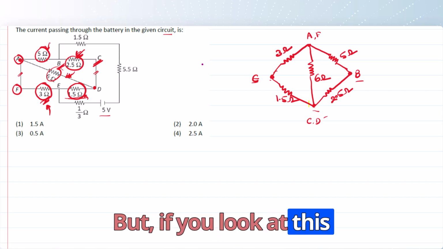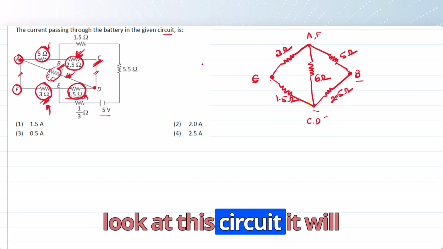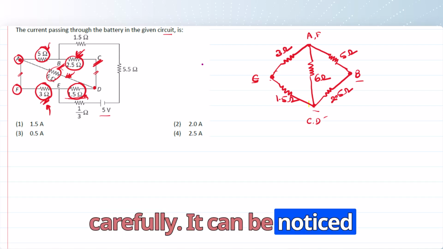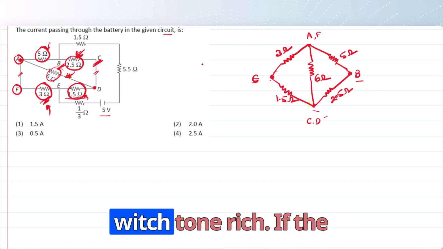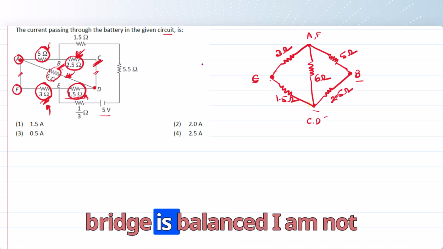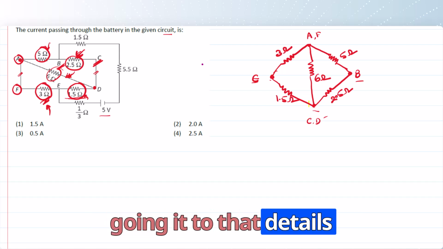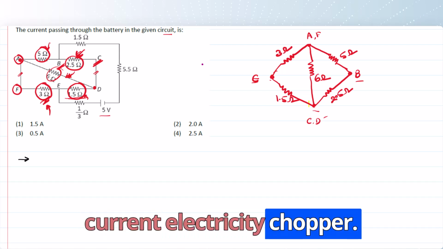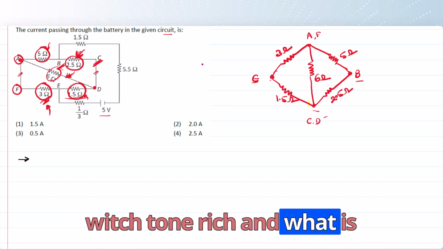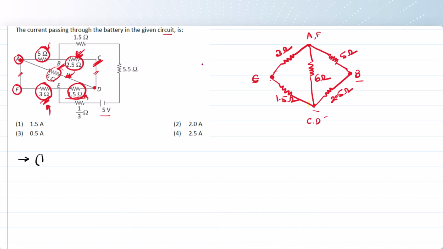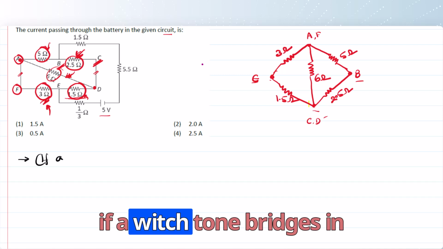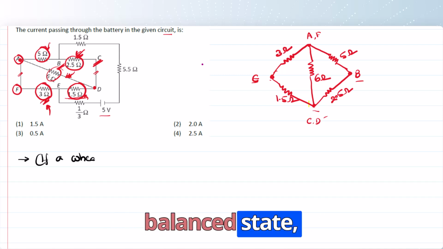But if you look at this circuit right now, a little carefully, it can be noticed that it is in the format of a Wheatstone bridge. I am not going into the details now. Please refer to the current electricity chapter if you don't know what a Wheatstone bridge is and what is meant by the bridge being in a balanced state. So if a Wheatstone bridge is in balanced state,